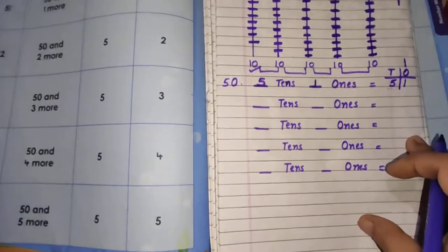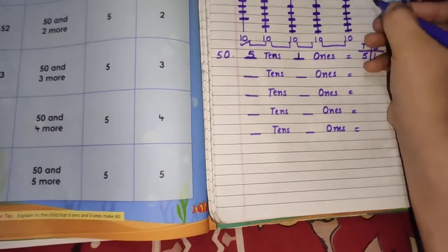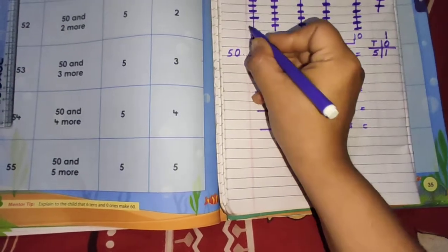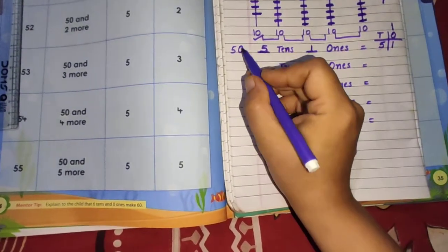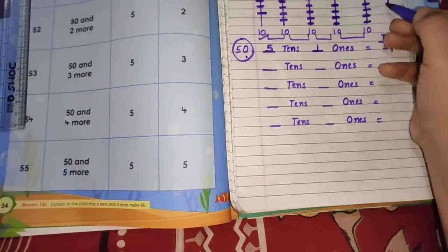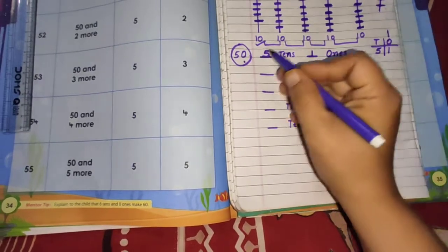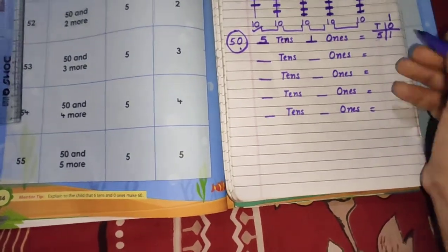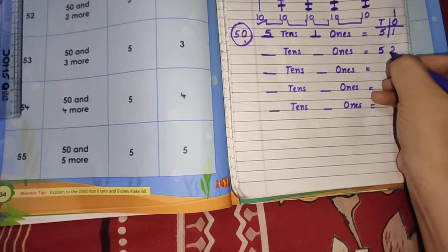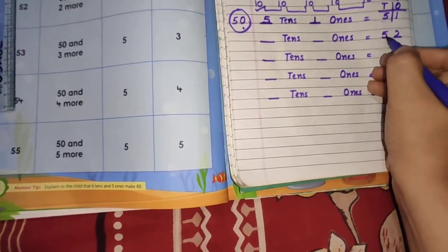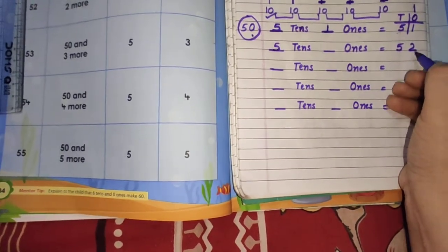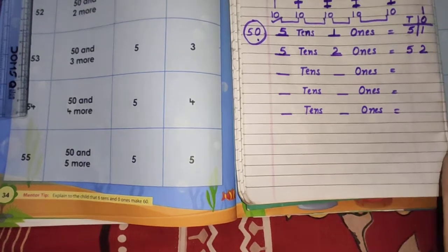Okay, did you understand? Now move ahead. Now I have taken one separate bar more, like this. 1, 2. If we were having 5 bundles, that was equal to 50. But now count 2 more. 1, 2. Then 50 and 2 more. The number will be 52. And here 5 is at tens place. 5 is at which place? Tens place. And 2 is at which place? 2 is at ones place.